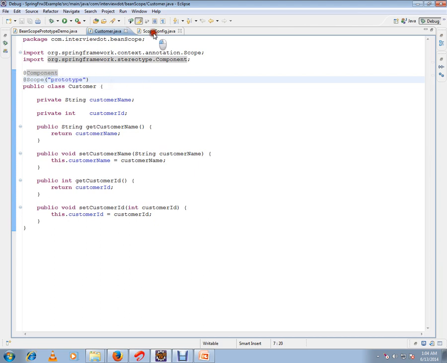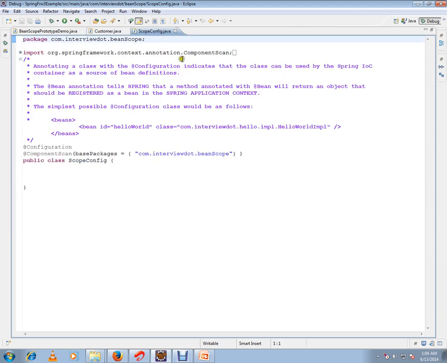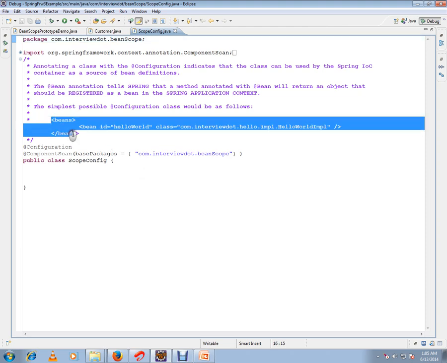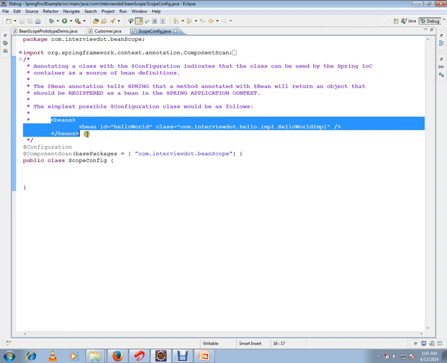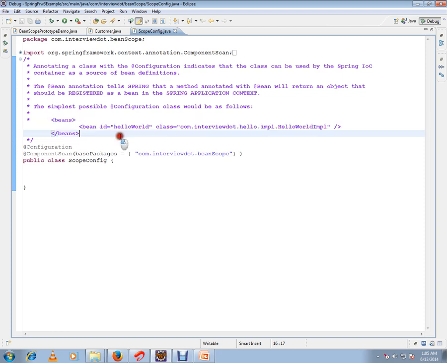Let's see. And this is a Spring config Java configuration, which is equal to the Spring configuration XML file. In Spring 2.5 you will know that we have to give definition configuration like this in order to get a bean. Similarly, I can use a Java file itself to scan all my beans using the component scan.